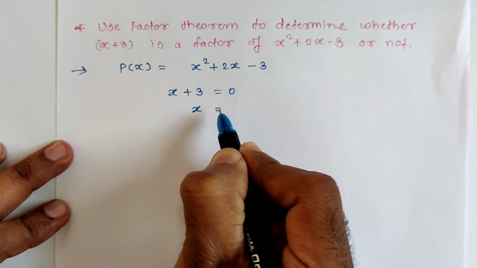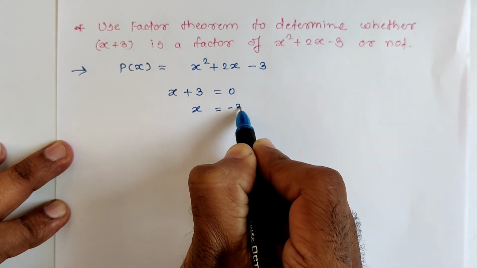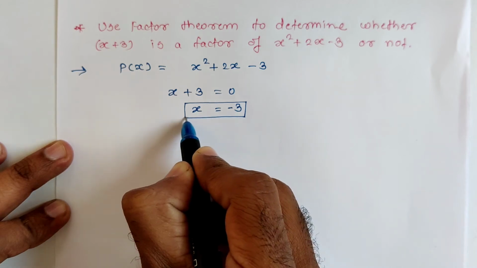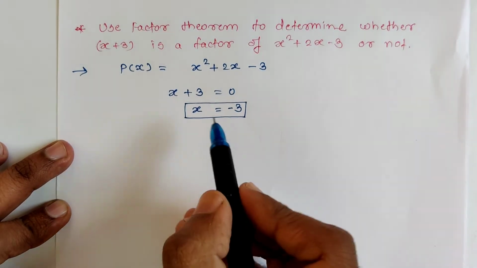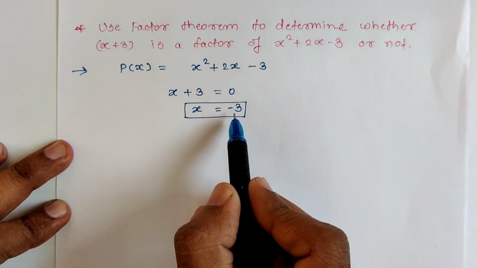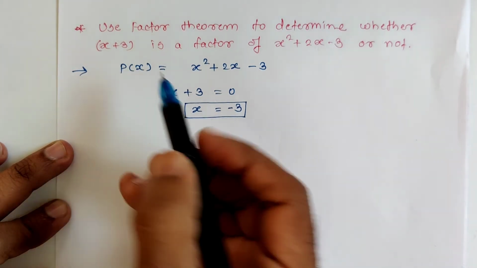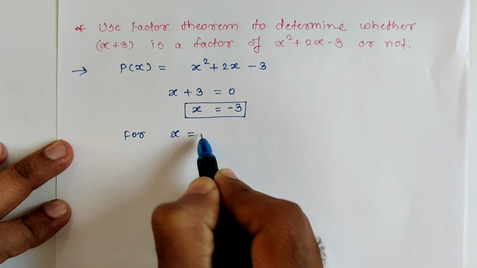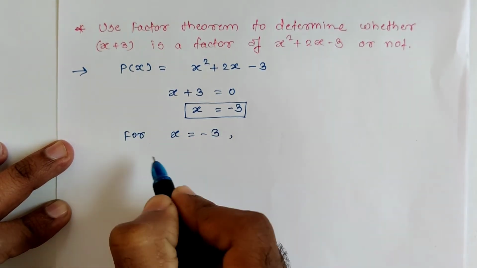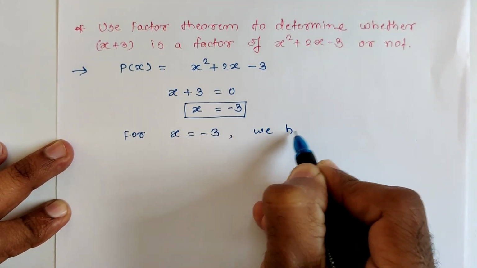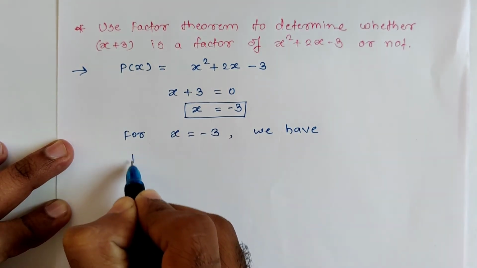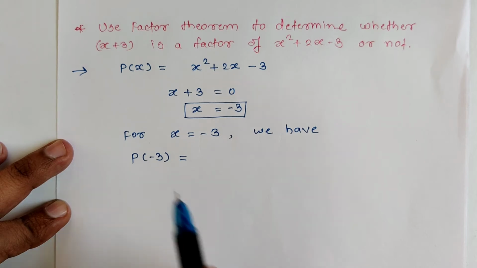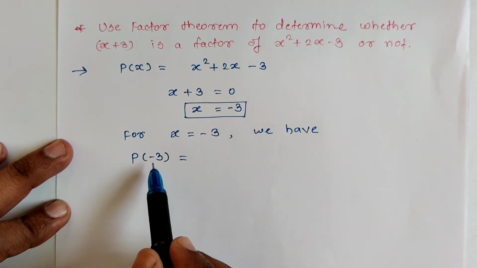So for that, first of all, we have to equate x plus 3 to 0 so as to have the value of x, that is, the value of x then will be minus 3, that is, x is equal to minus 3. Now for x is equal to minus 3, we have to find the value of the polynomial p of x, that is, for x is equal to minus 3, we have p of minus 3 is equal to, now to find the value of p of minus 3, we have to